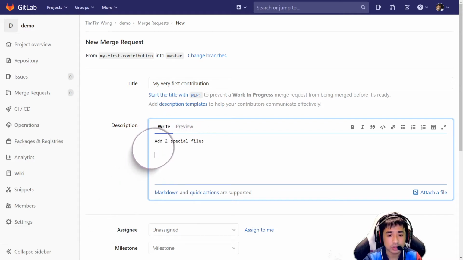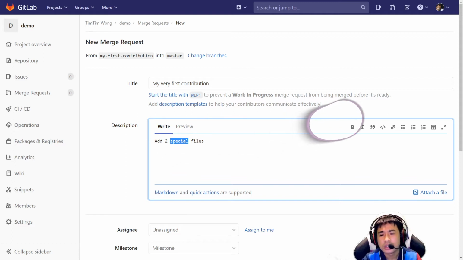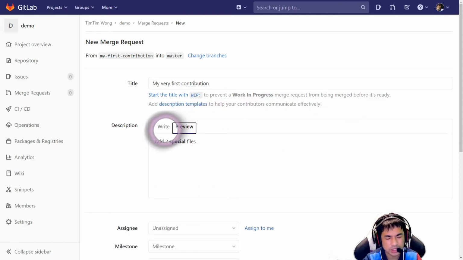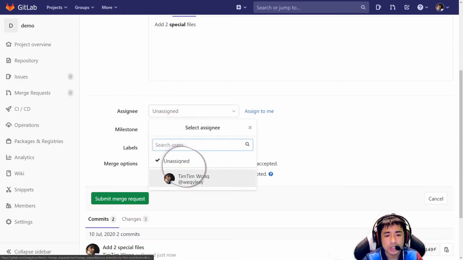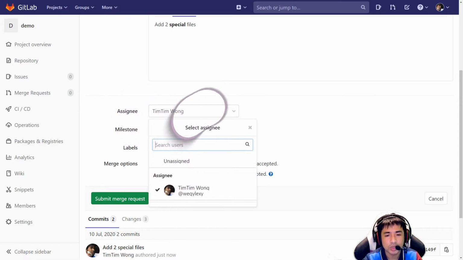I probably want to hide that we introduce errors in README. Yeah, just add 2 special files and bold it. Assign it to the maintainer. You don't have to, they will see it anyway. Well, in case there are multiple maintainers,